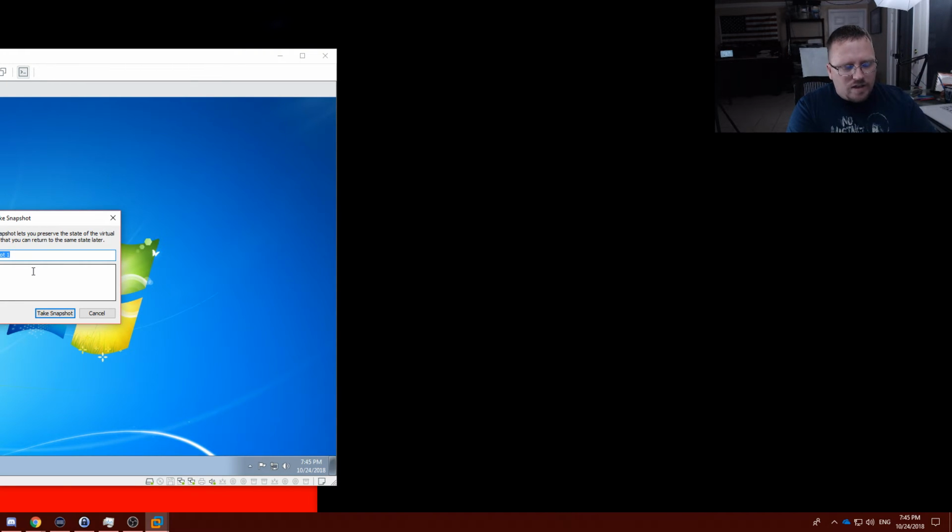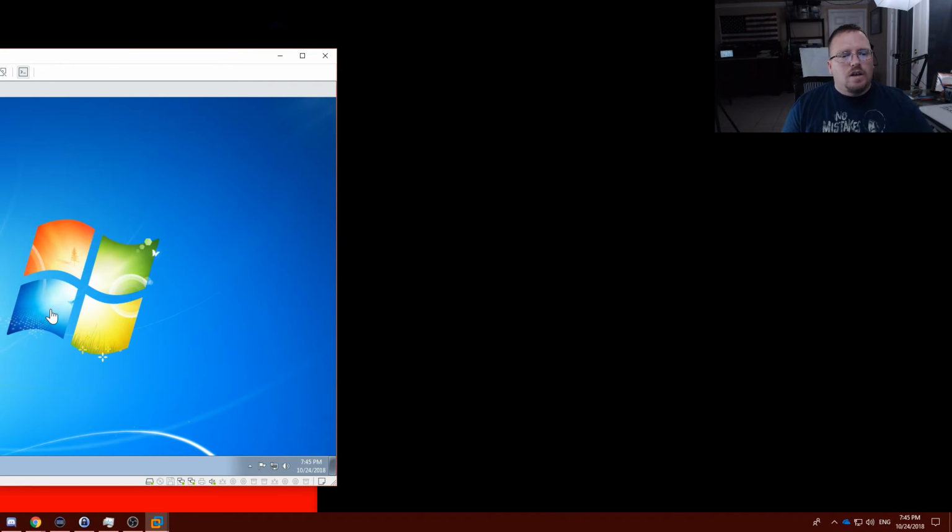And so I can say new image and take that snapshot. Once that snapshot is created, you'll see it down here where it says saving state. What it does is it takes a picture of the system at this point in time. If after this snapshot is done, I were to go and do something really stupid with the machine, for example, load something stupid on there,